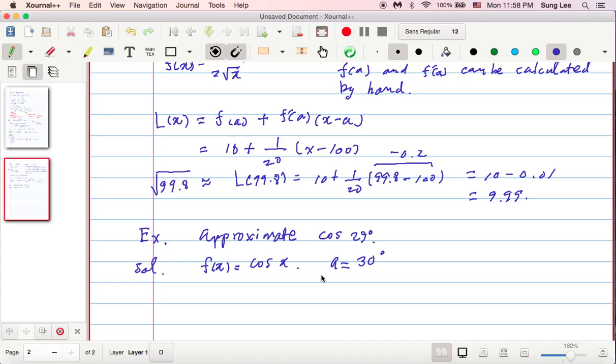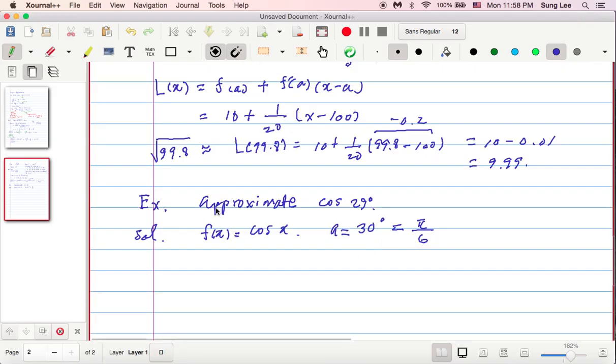There are two typical measurements of angles, right? One is degree measurement, and the other one is radian measurement. Degree measurement is not a number, but radian measurement is. So we are going to convert it to the radian angle, where we know 30 degrees is pi over 6. Okay, so now we are ready to